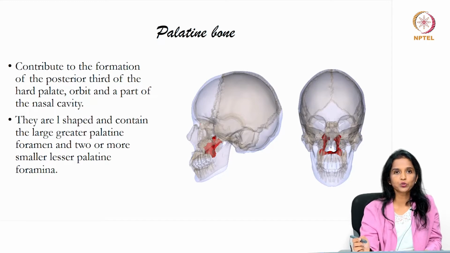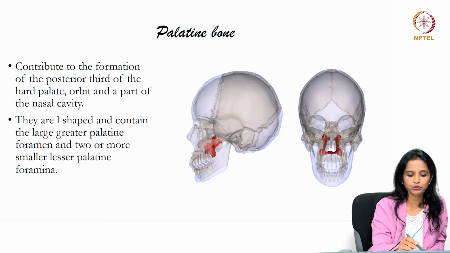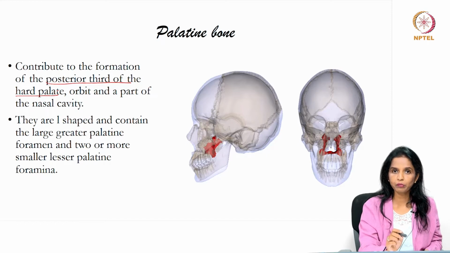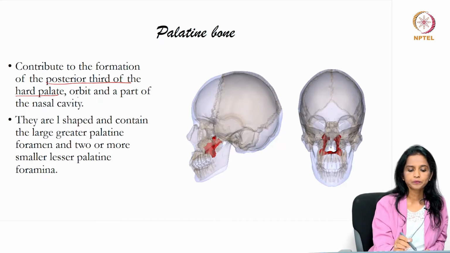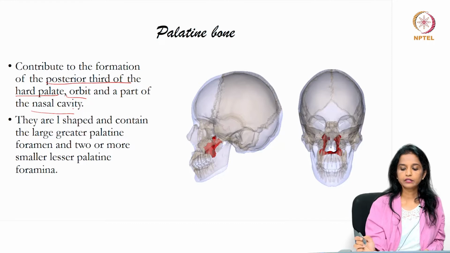Now we move on to the palatine bone. We all know that the palate is bounded by the palatine bone. This contributes to the formation of the posterior third of your hard palate. Having mentioned palate, please do remember that the palate is formed by the hard palate and the soft palate, and the palatine bone is also contributing to the posterior formation of your hard palate, the orbit and part of the nasal cavity. So this